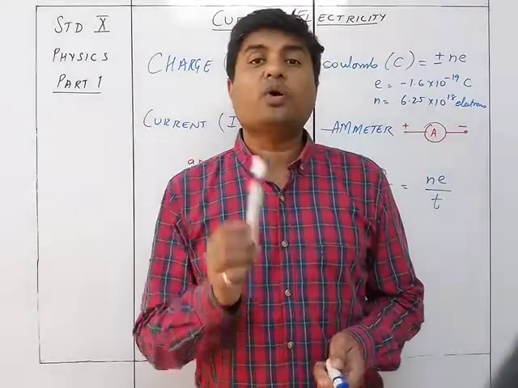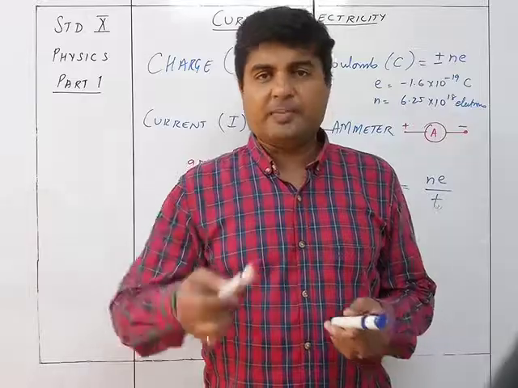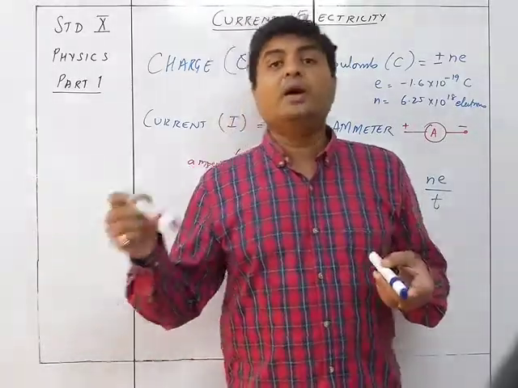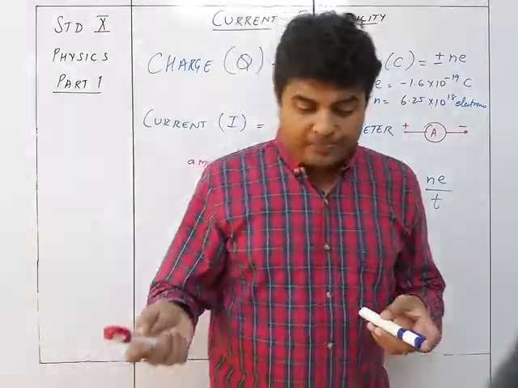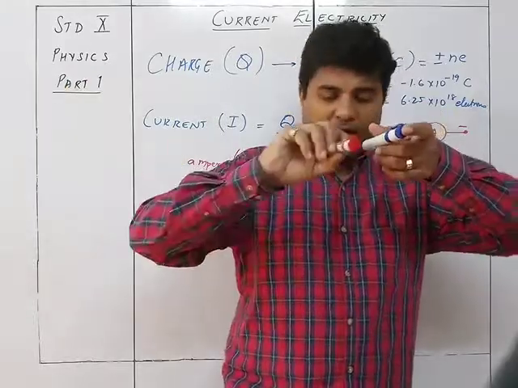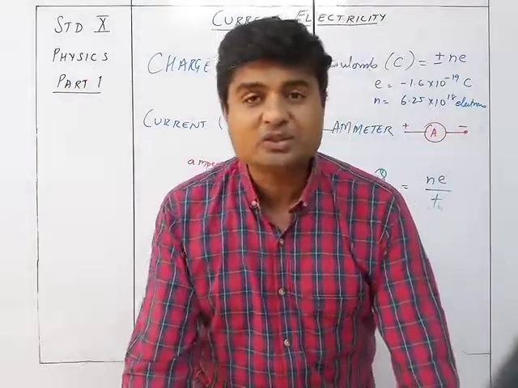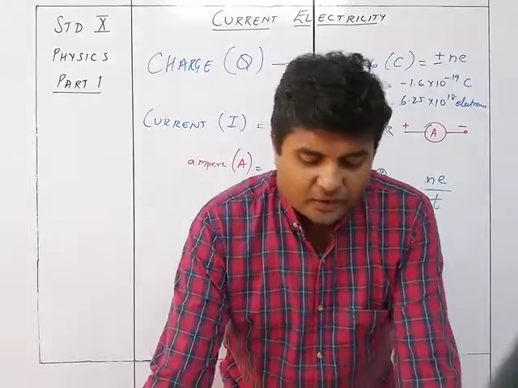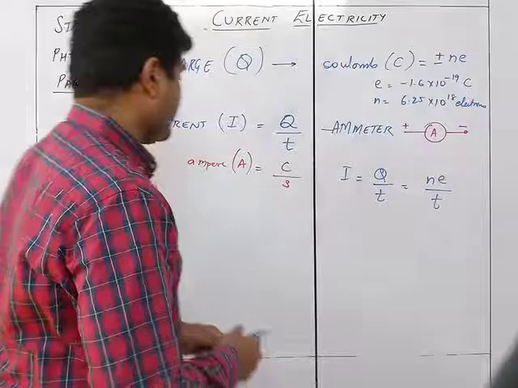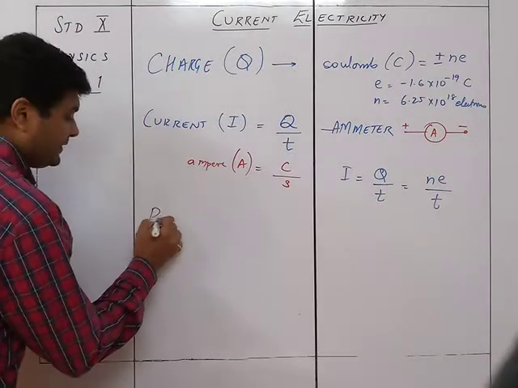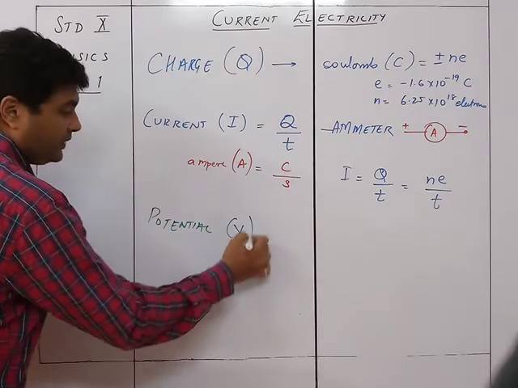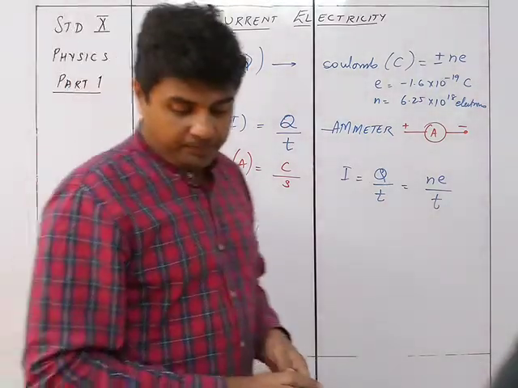Why per unit charge? Because it depends on a charge. When multiple charges are coming, then we are going to divide it by Q. That's why we are having that. It is work done per unit charge on bringing a positive test charge from infinity to a point near it. So that is called potential. It is denoted by the symbol V. It's a scalar quantity. So the next one over here is potential, which is V.